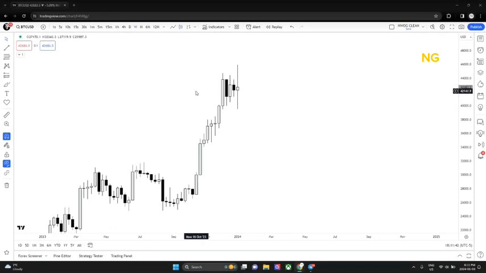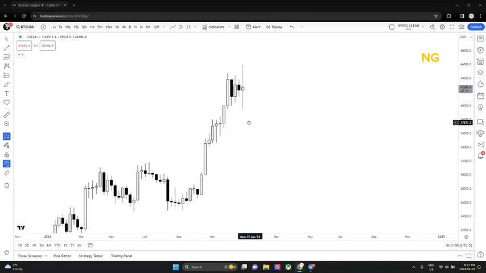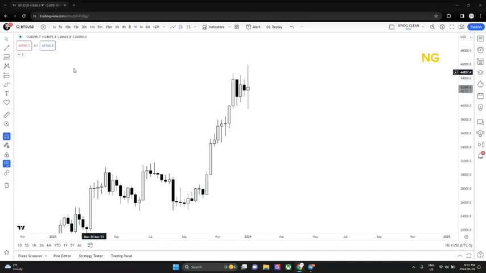Now we'll look at the different types of imbalances. So all of the imbalances are